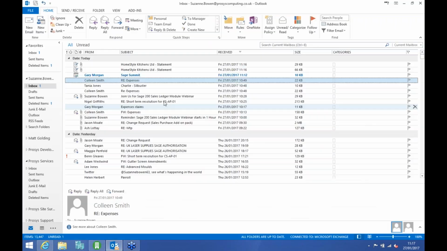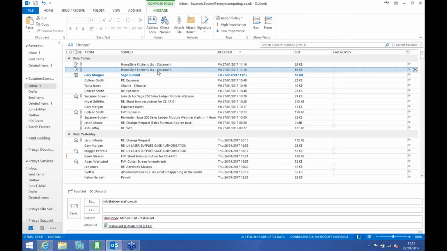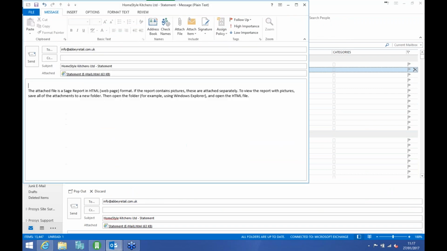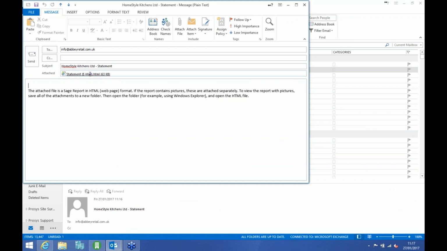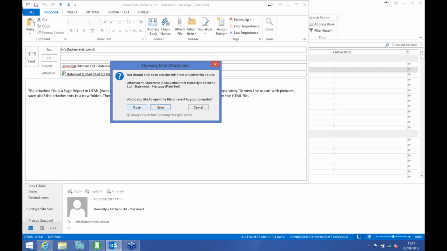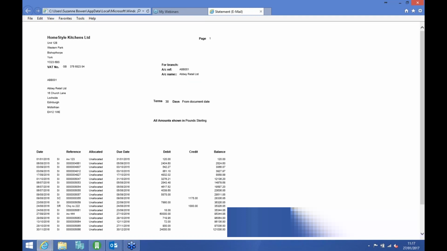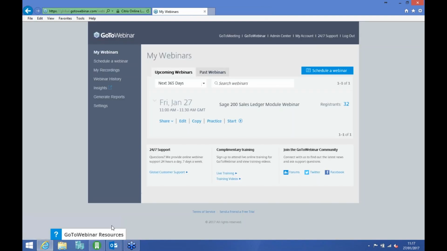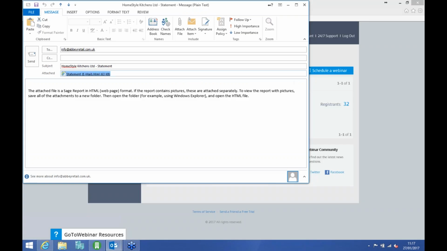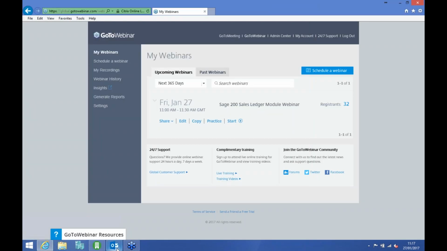If we go to our email, you'll see that we've got 2 emails that have been generated. We've got this statement, which I'm going to open, which is for Abbey Retail. That was just an independent customer, so they get the independent layout, there's the email layout purely to Abbey Retail. And if we have a little look at our other email that was generated,